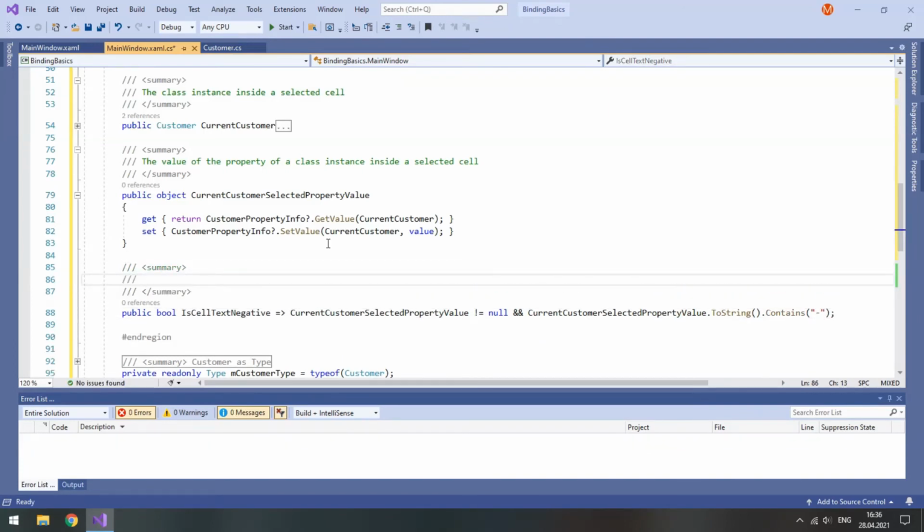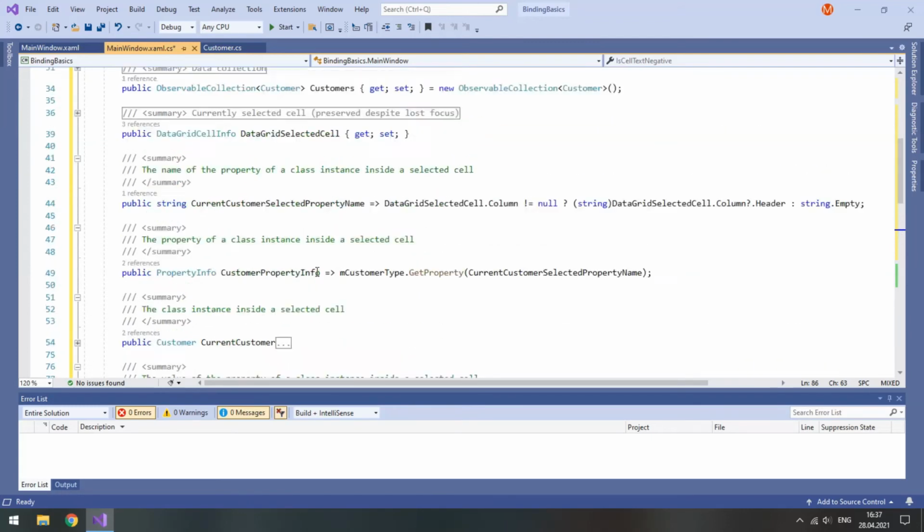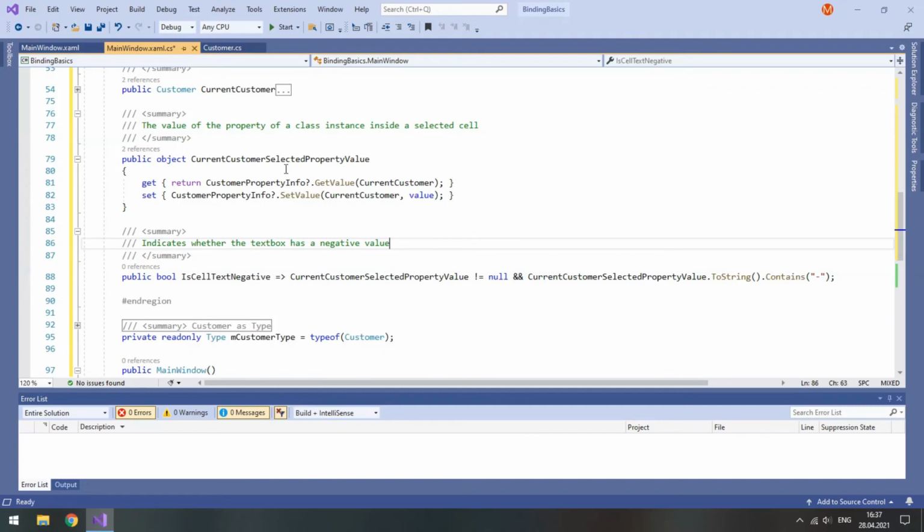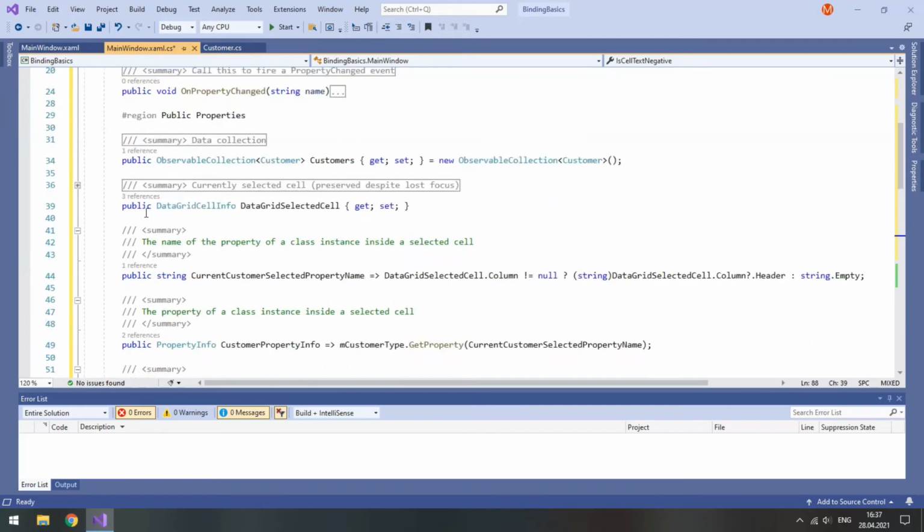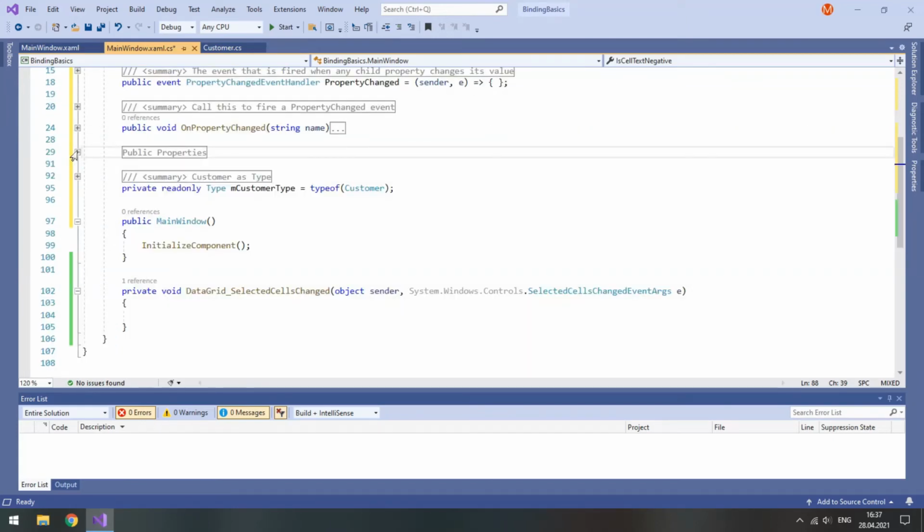So let's leave a summary. Indicates whether the text box has a negative value. So if you look at it now, all of these properties are further used down to these two properties, which are actually what the user wanted. So that's it for our public properties.